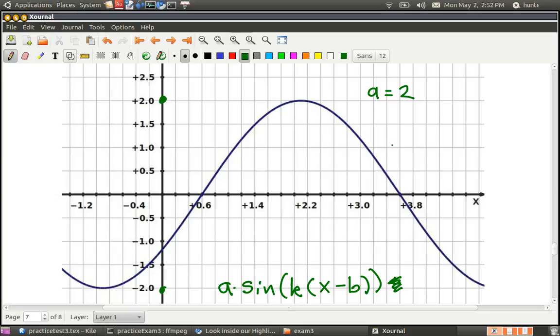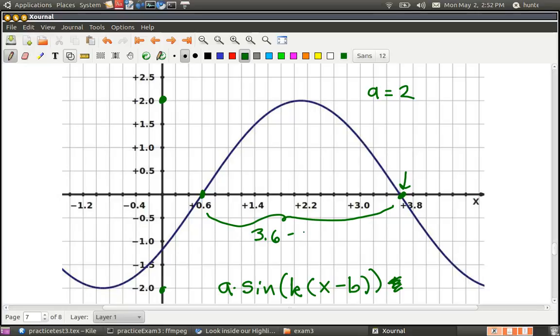Alright, and we can also figure some things out about the period. You can see a whole period here, but the easiest way to figure out the period is to realize that from here to here makes half a period, right? Because what does sine do? It goes up and then down and then goes up again. So this is going to be 1/2 of a period. And what's this distance? This distance is 3.8 minus, oh wait, sorry, this is 3.6, isn't it? Sorry. This is 3.6